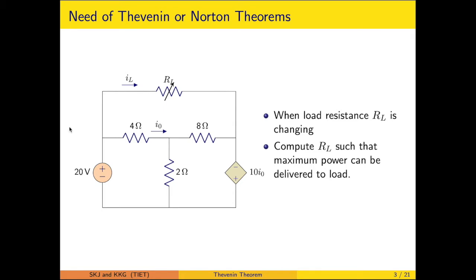In the Thevenin's theorem, the rest of the circuit is represented by a simplified equivalent, so we can calculate the load current directly without much computational effort. So that is one aspect. Another is, if we are interested in finding out the value of the load resistance to which the maximum power can be delivered. So the importance of the Thevenin theorem is on two counts: when the load resistance is changing or varying, or when we have to find out the load resistance value to deliver maximum power.